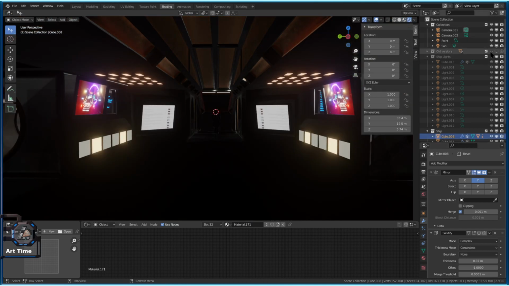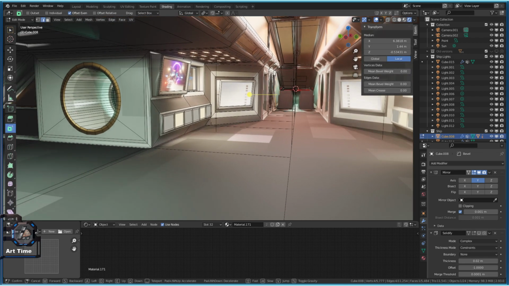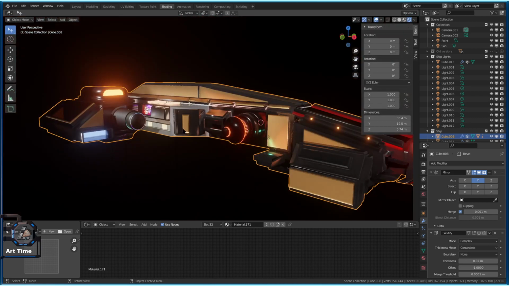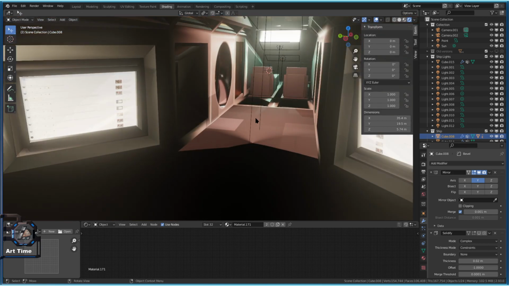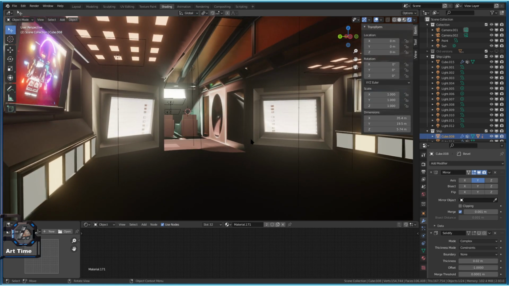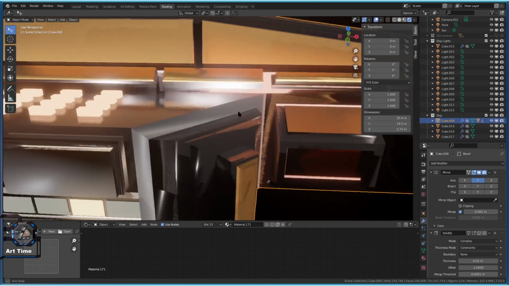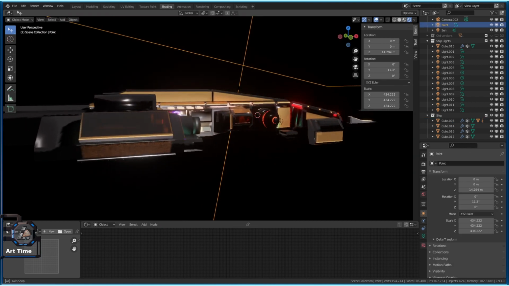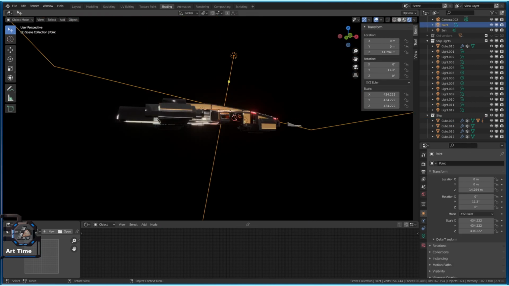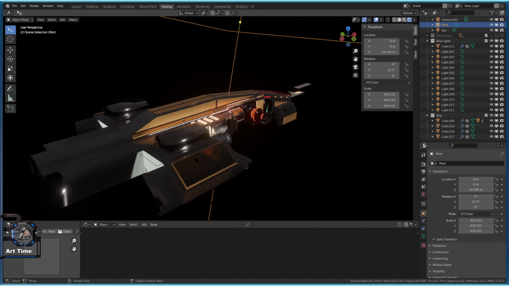The light is missing. Let's activate the light again. Why the heck is this so dark? Ah, because we didn't edit more. No. Why the heck is this so dark? I don't know. Maybe because, I have no idea. This is the old ship. Yeah, I had this. I used it in a different scene